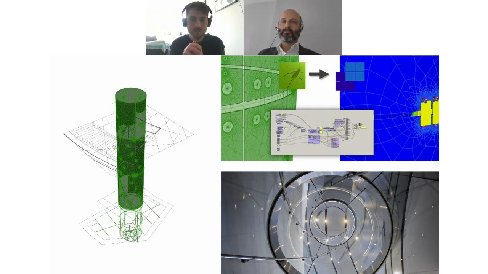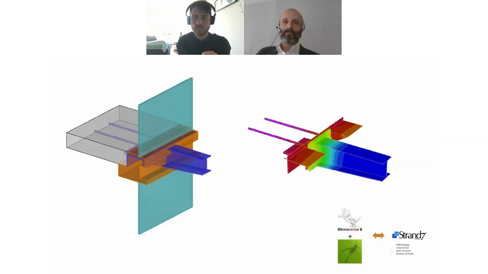And there's a lot of bolted holes in this, and if you want to move one, it's a bit of a pain to do that once you've built up your model. So really we wanted a way to be able to change this parametrically and quite quickly. And so back then we developed this link between Grasshopper and Strand to be able to do that. And so this has become quite a used tool